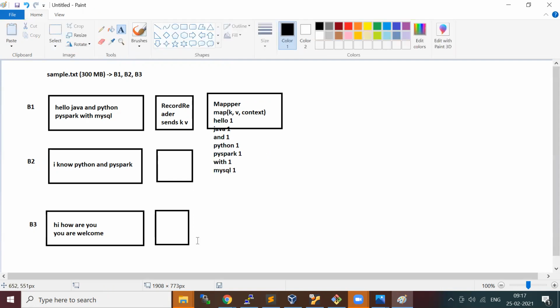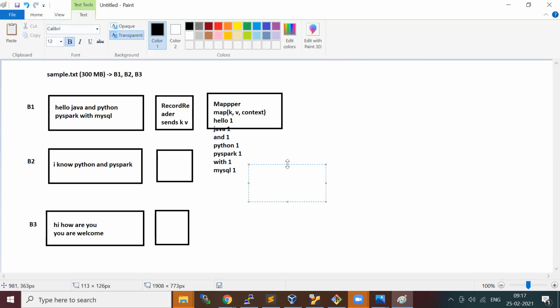Similarly for the other blocks, I'll just put it here. So this is I 1, no 1, Python 1, and PySpark 1 only.